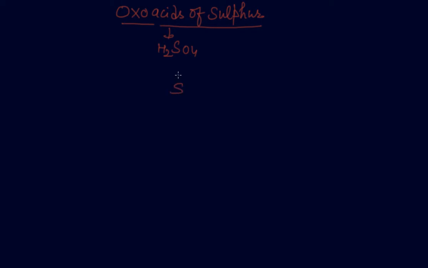The method I told you: double bond O, OH, OH, and what is left? That is O. This is sulfuric acid, and its basicity is 2. Now multiply it with 2. You are getting H4